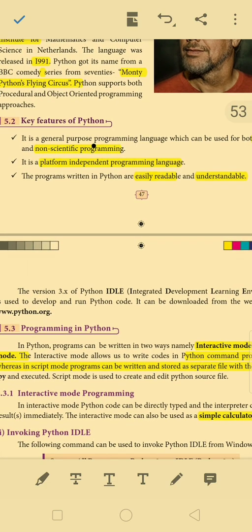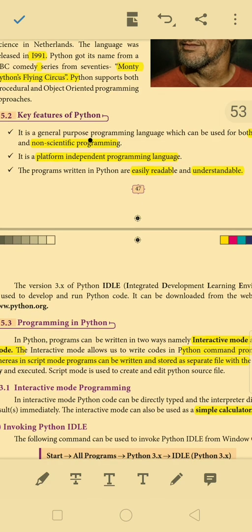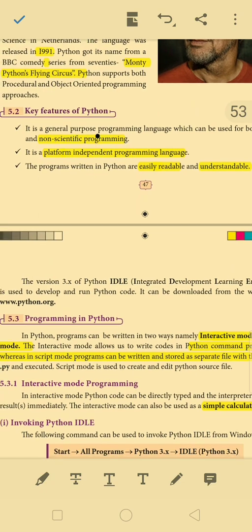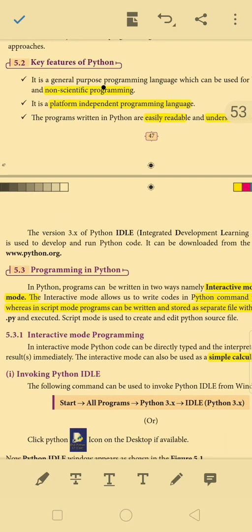Non-scientific programming means it is executed based on decision making, that's knowledge based. Second one is it's a platform independent programming language, that is, it can be run on any operating system. Third one is the programs written in Python are easily readable and understandable.